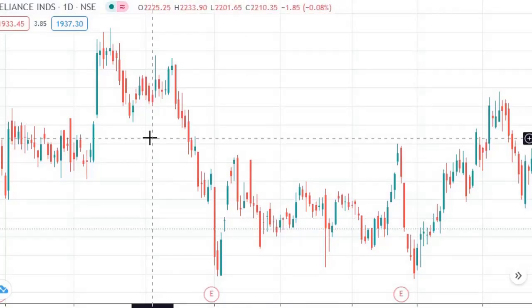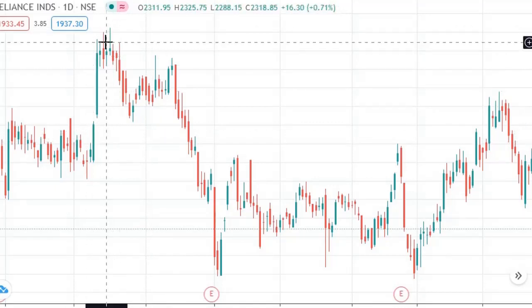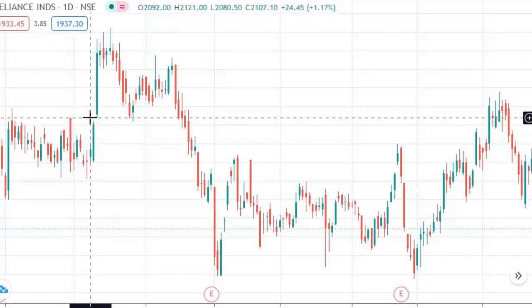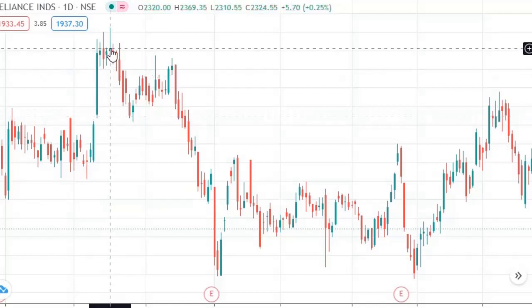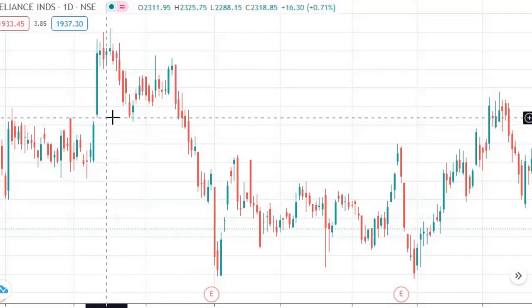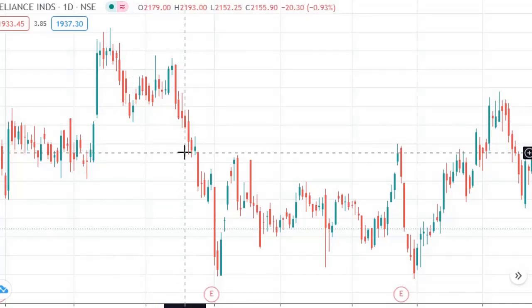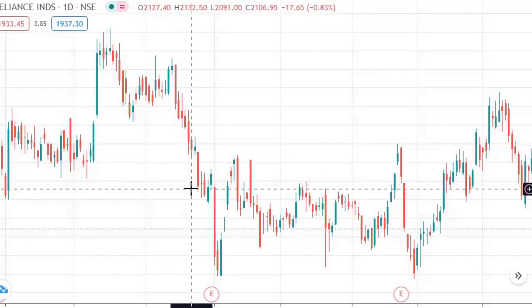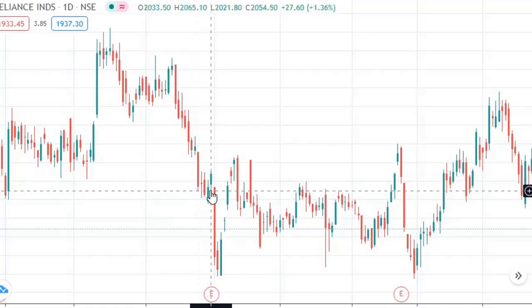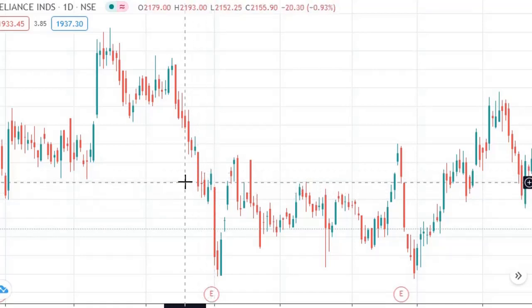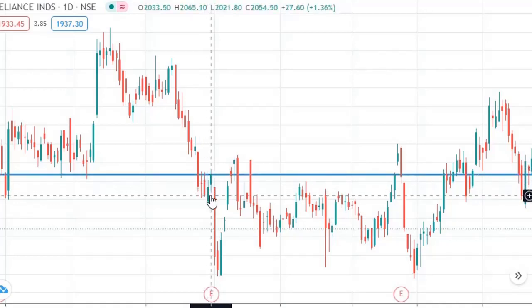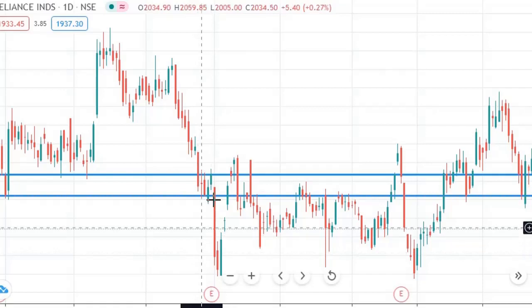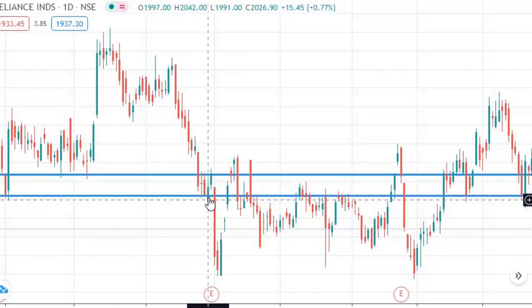This is the Reliance daily chart. So this was the last high of Reliance. Now from the green bar, you can see everything was traded inside this range of the green bar. Now as soon as it broke, it went up, went down, came down. Now these two bars were inside this red bar. Let me mark it. So these two green bars closed inside this range and then again down.